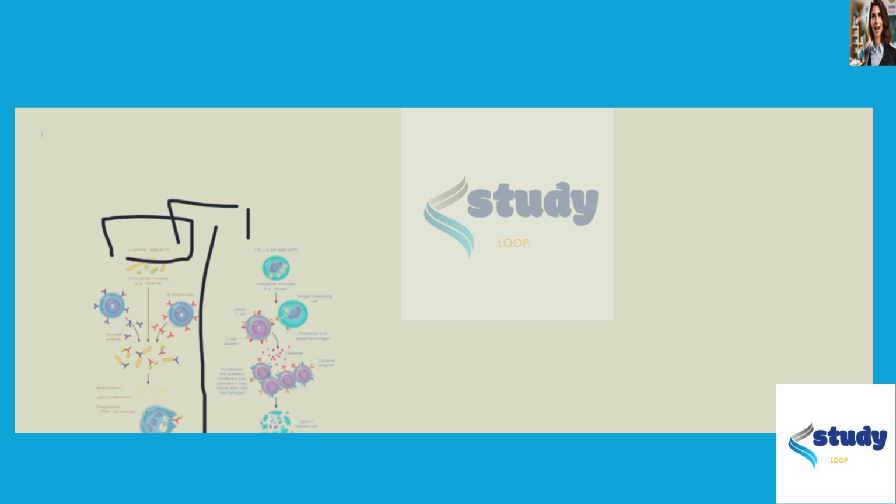So both B and T cells that are involved in humoral and cell-mediated immunity, they both have forms of memory, so memory B cells and memory T cells that can launch stronger, faster responses. So it's not true to say that the humoral immune response is the only system that has memory. So therefore, the correct answer to this question is B. The humoral immune response produces antibodies that are specifically targeted